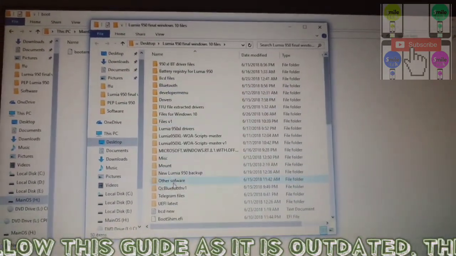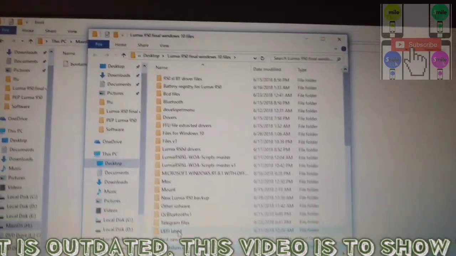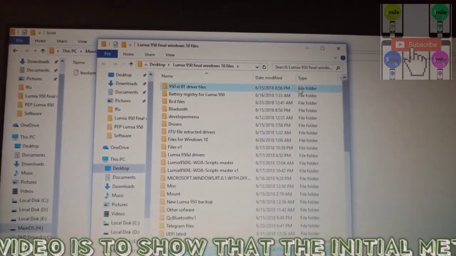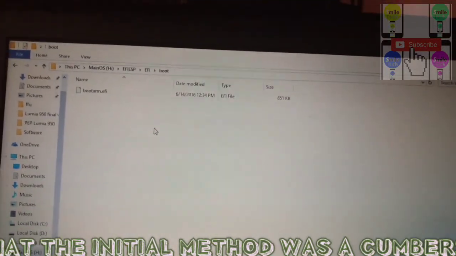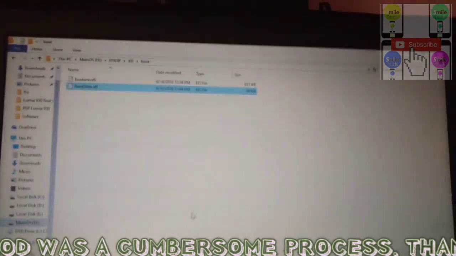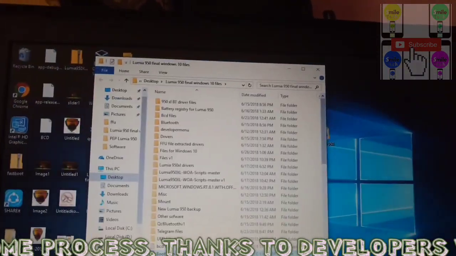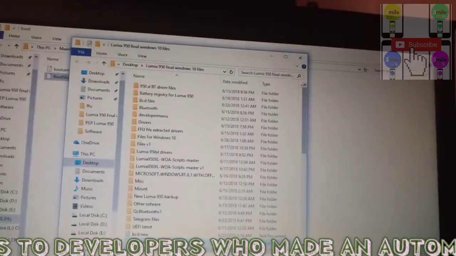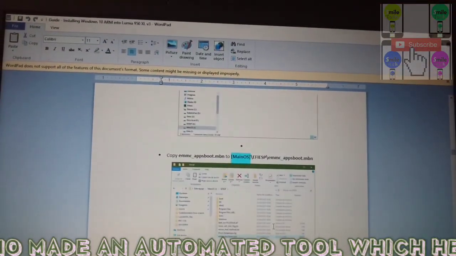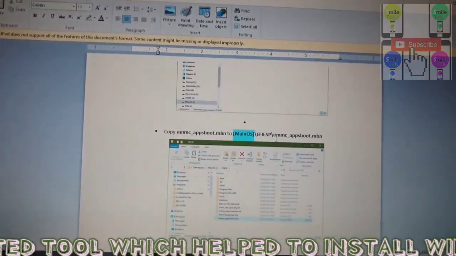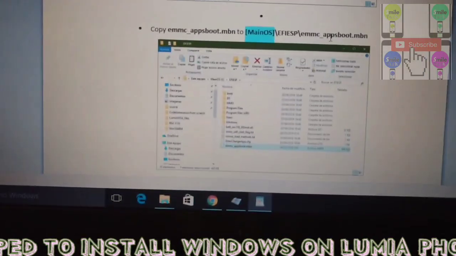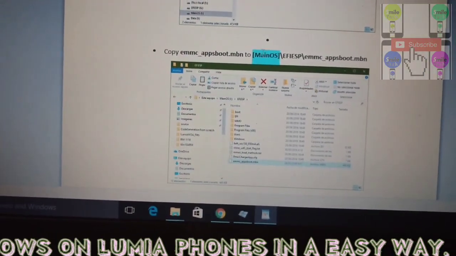Just a minute. It was here. Yeah. Okay. This I'm gonna paste it here. Bootshim is copied. Next, let me go back now. Back to the Word document. Now we need to copy this EMMC underscore apps boot to the folder main OS